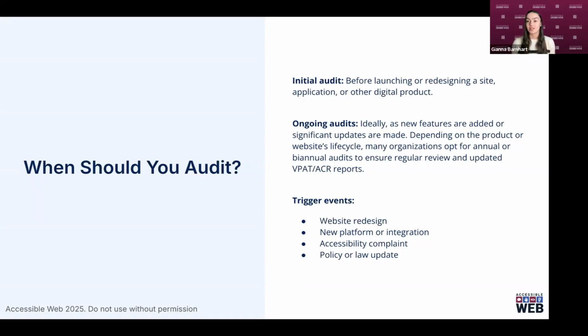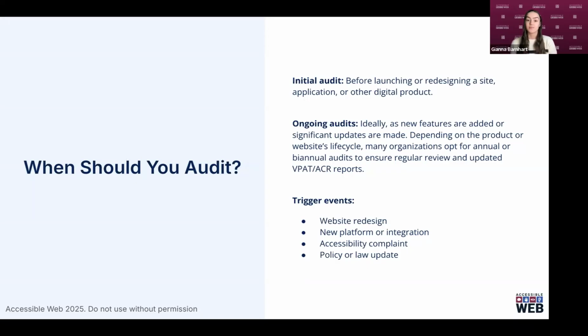There are also organizations that will choose to do annual audits just generally to keep their VPAT and ACR up to date, and to ensure that they are checking this box, kind of like a security audit every year, to verify conformance. And that simply works best for their cycle. Most accessibility partners can meet you where you are at if you'd like to do this on a rolling basis or annually. The goal is to have a consistent process and procedure for this, to have budget for it on an annual basis, and to make sure that it is top of mind as new products are planned,